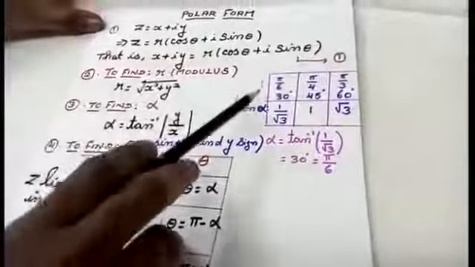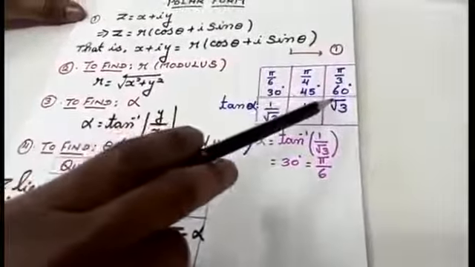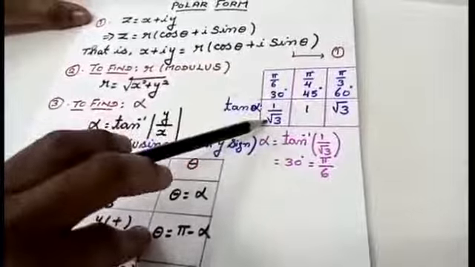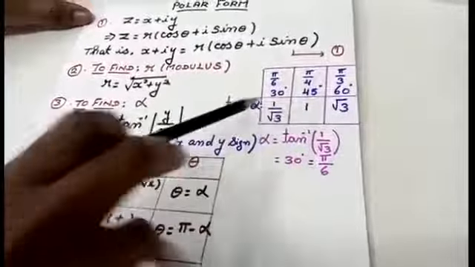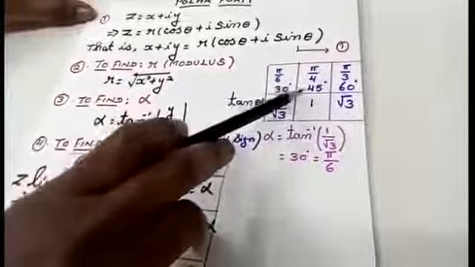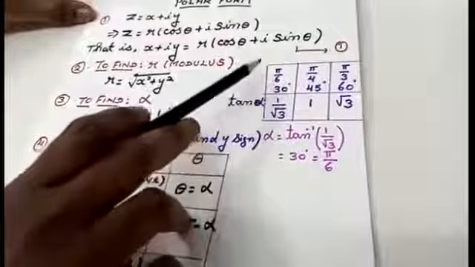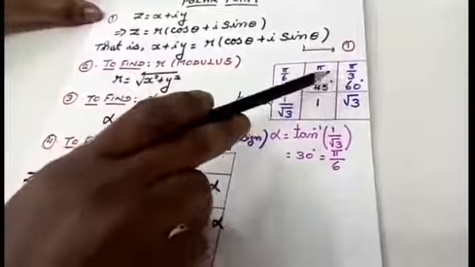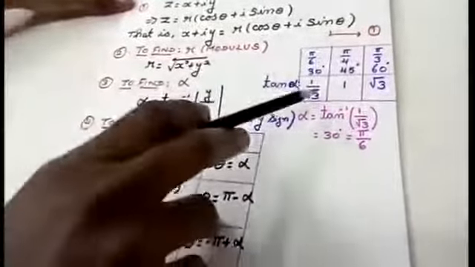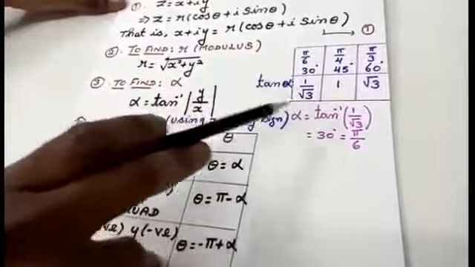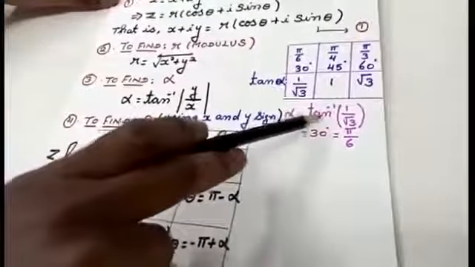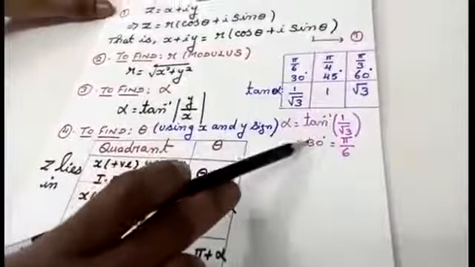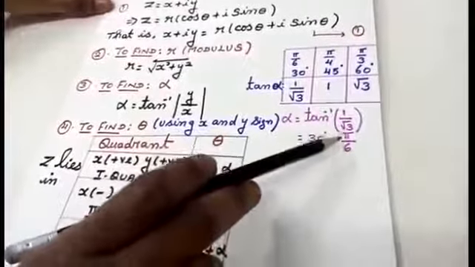Maximum you will be getting the value in this way, that is 30 degree, 45 degree, 60 degree. Normally what is the value for tan alpha? That is tan 30 degree means 1 by root 3, tan 45 degree is 1, tan 60 degree is root 3. These 30, 45 and 60 can be written like this: 30 degree is pi by 6, 45 degree means pi by 4, 60 degree means pi by 3. In place of alpha, maximum I will be getting only these values. Suppose alpha is equal to tan inverse of 1 by root 3, what is the corresponding angle? 30 degree. This 30 degree can be written as pi by 6. This is the procedure you will be doing in your sum, students.